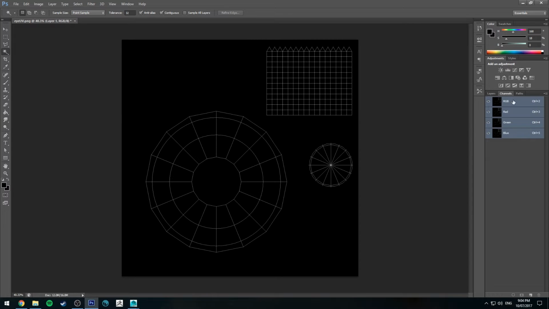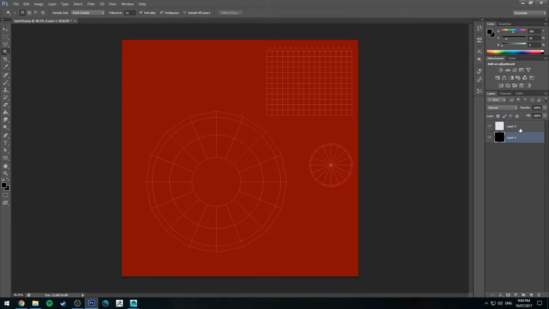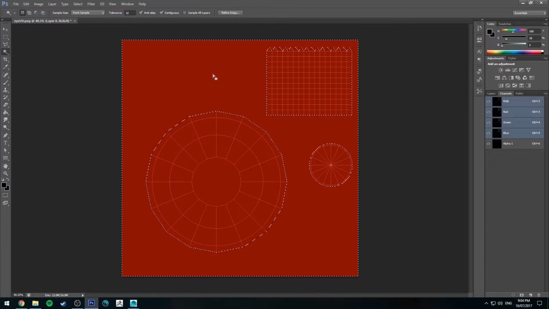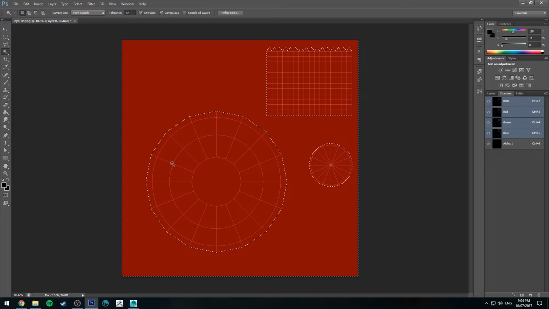I'm going to go to the channels tab. And the first thing I'm going to do is create a new channel, and it's called Alpha 1. Make sure you've got the UV layout layer selected. Go to channels and then select RGB, and then use the magic wand tool. If you click on the background, it's going to select everything